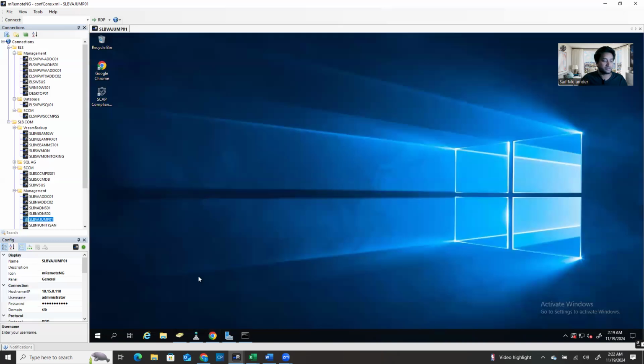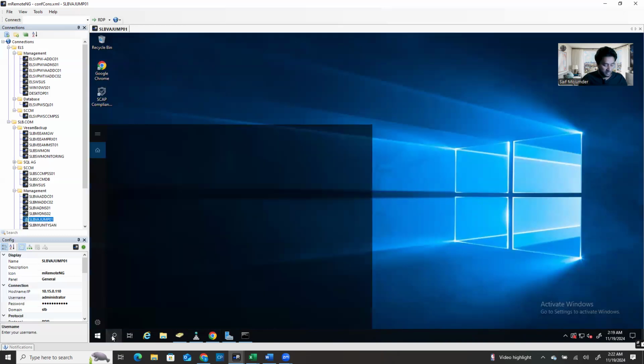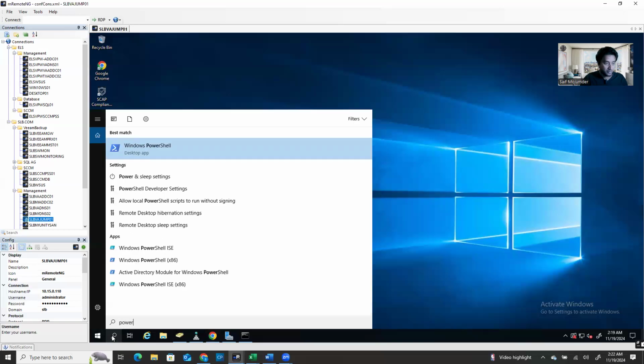So I'm going to minimize this one. In this machine, this is my jump machine, I'm going to just search for PowerShell. Actually, I don't have the VMware PowerCLI shortcut or icon here, because I implemented the online version of VMware PowerCLI.